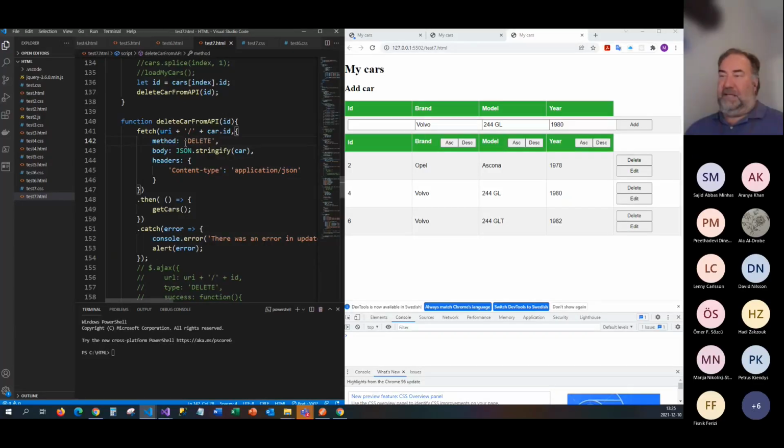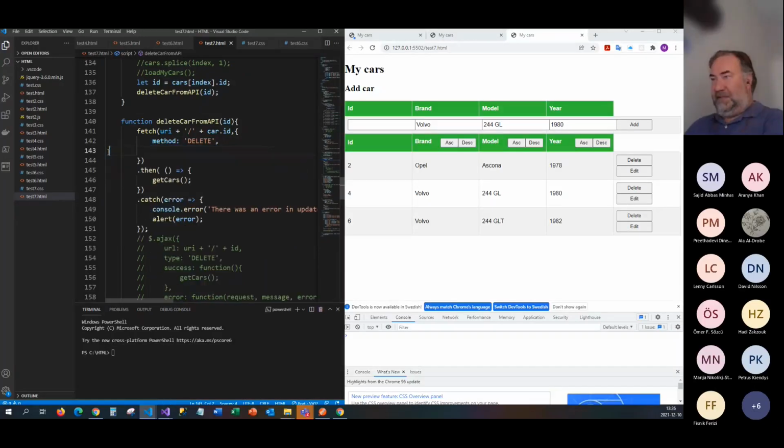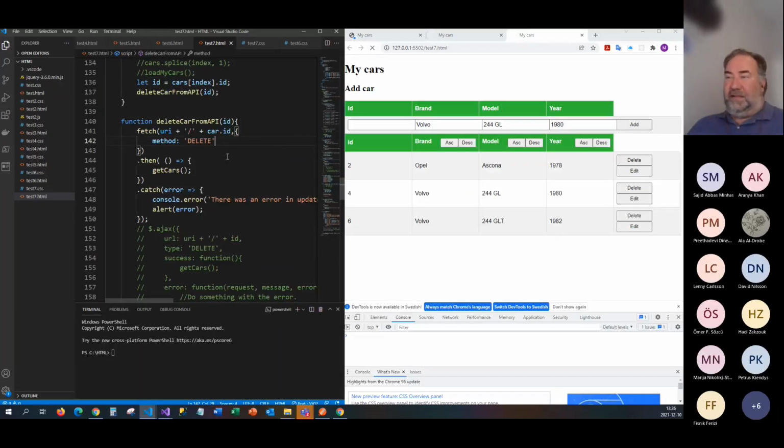Almost right, delete. We don't need to send any object, and we don't need any headers like that. So we just need to delete like that. And as we could see also,